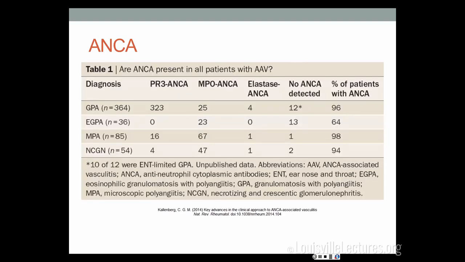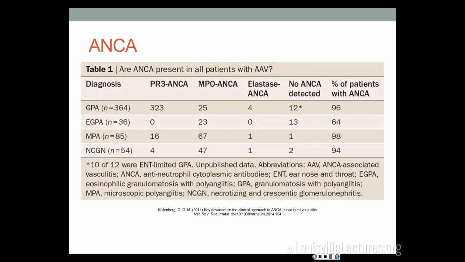And they're pretty good. With Wegener's, most have a PR3 ANCA, and 96% will have ANCA. This is actually high. If you have MPA, which we'll talk about next, that's more MPO ANCA, and eosinophilic GPA, which is Churg-Strauss, is also more common in MPO, but the number goes down a lot for Churg-Strauss. But these ANCAs are pretty good at picking out